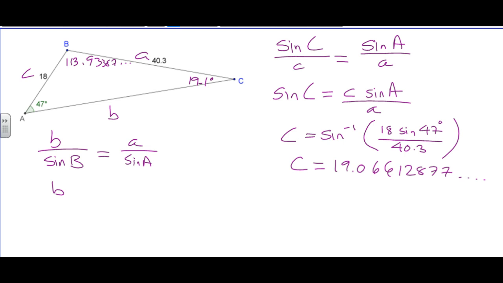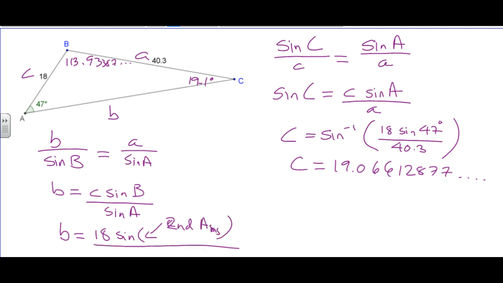When we're solving for a side, b is little a sine B over sine A. Fill in the numbers. So it's 18 sine, and this number you're pulling out of the calculator, second function answer, divided by the sine of 47 degrees, and that's equal to,